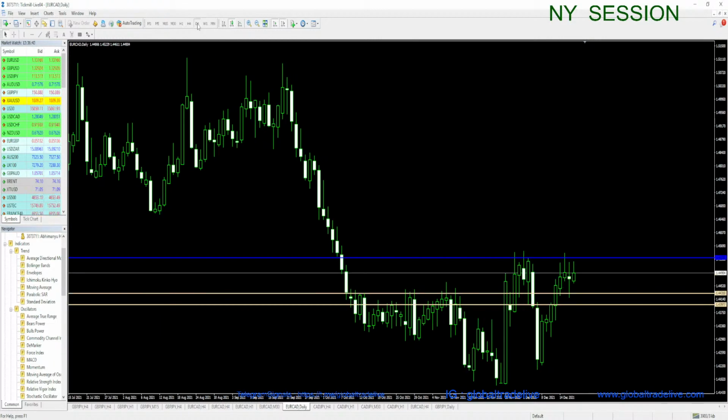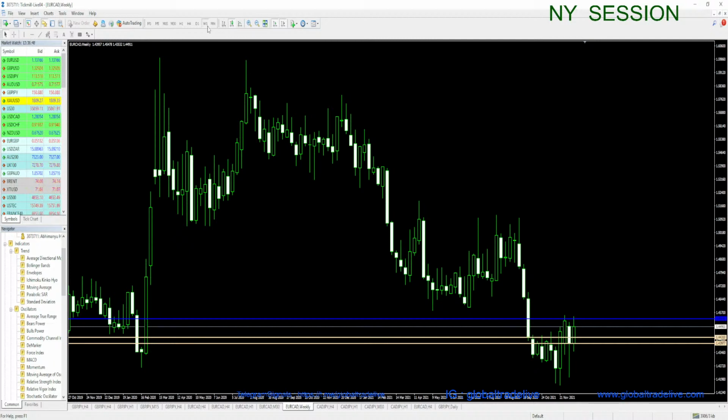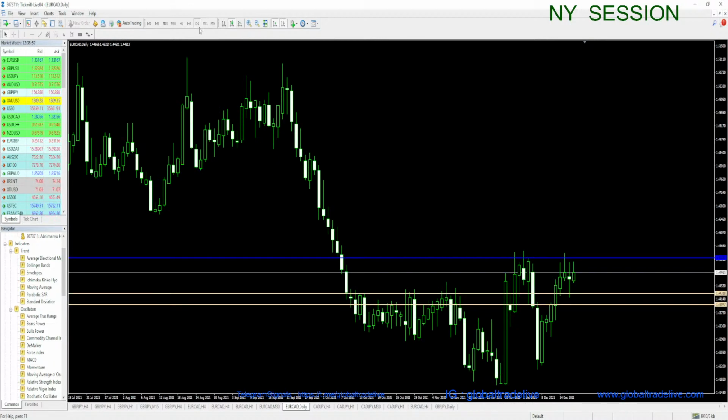If I look at the daily, weekly looks bullish. Daily looks,